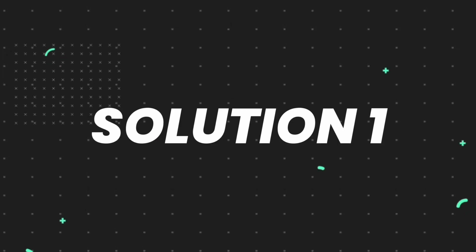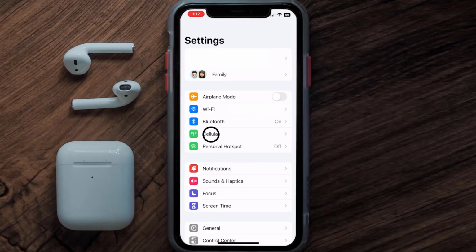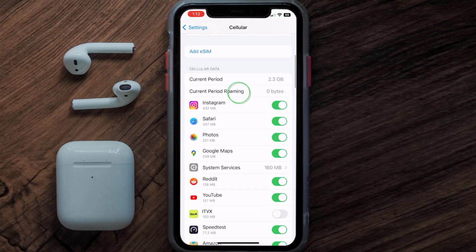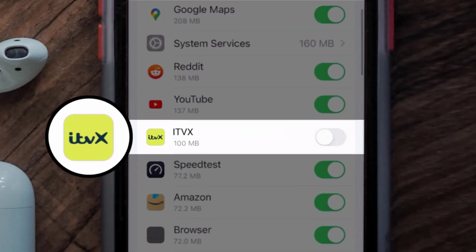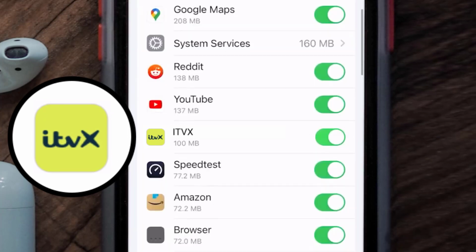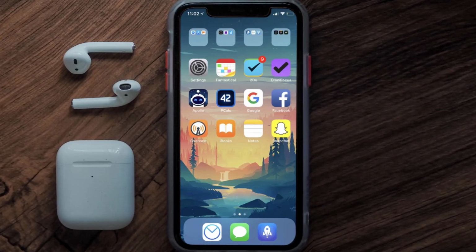So first of all, you need to head over to your device settings. From here, tap on the cellular option right over here. Once you're on this screen, you need to scroll down and search for the ITVX app, and then make sure the toggle button right next to it is turned on, indicating that the app has internet access through your cellular connection. This should fix the ITVX mobile app loading issue, but if it doesn't, then you need to make sure